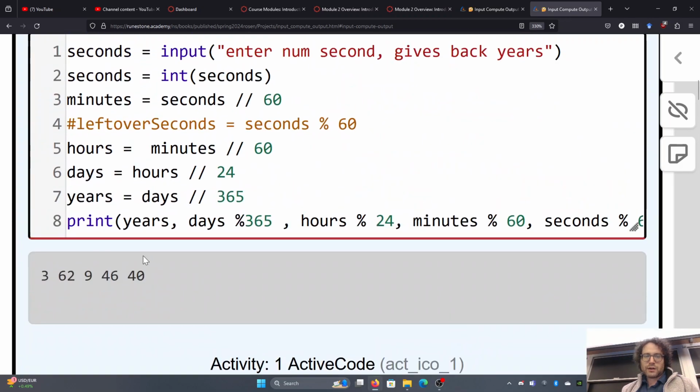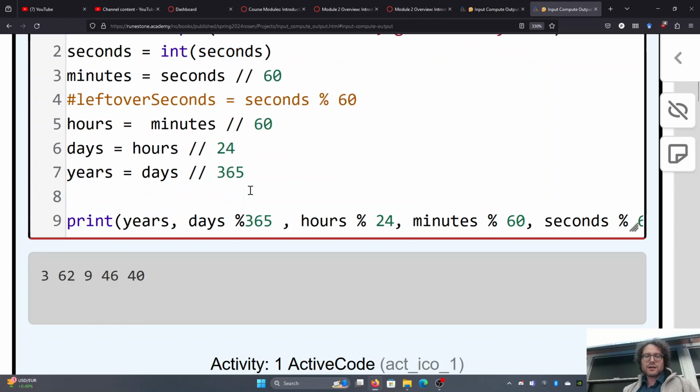And so now we know that 100 million seconds is 3 years, 62 days, 9 hours, 46 minutes, and 40 seconds. Yes? I don't get why you're doing the remainder part. Why I'm doing the remainder part. Because at the end of the day, if I were to do,